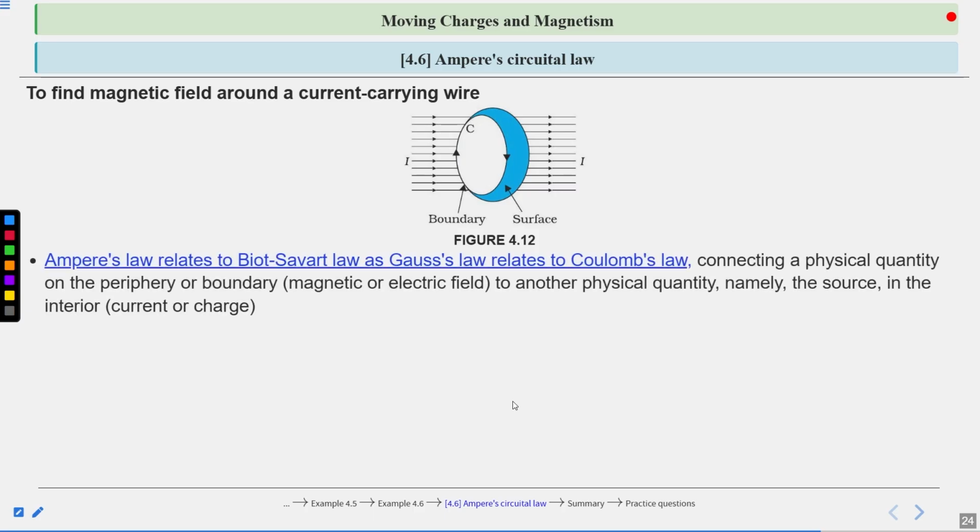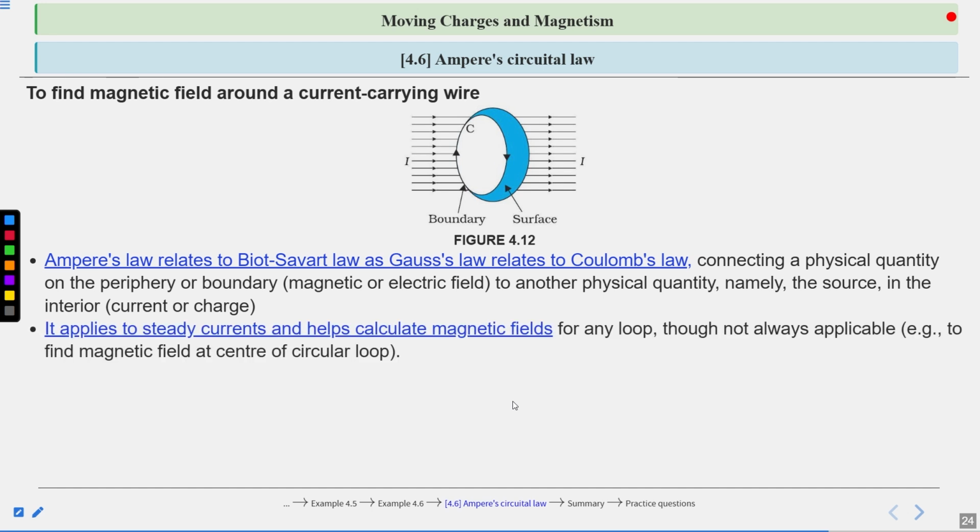So Ampere's law relates to Biot-Savart law as Gauss law relates to Coulomb law. It connects a physical quantity on the periphery or boundary, which is the magnetic field, to another physical quantity, the source in the interior, which is current. So it applies to steady current and helps calculate the magnetic fields for any loop, though